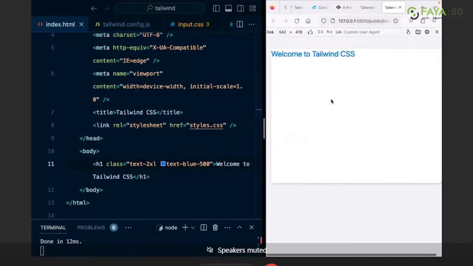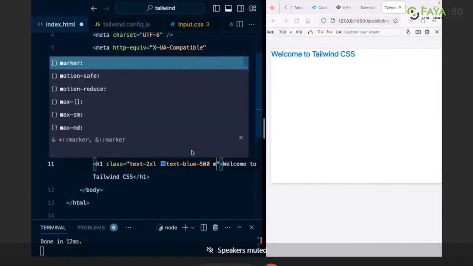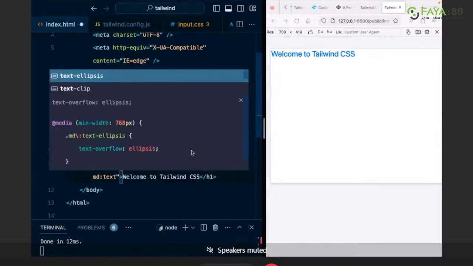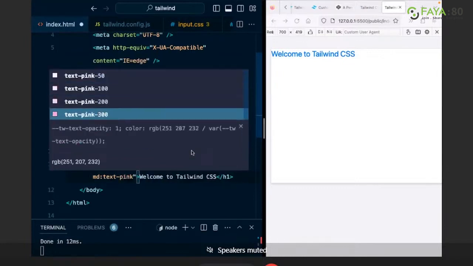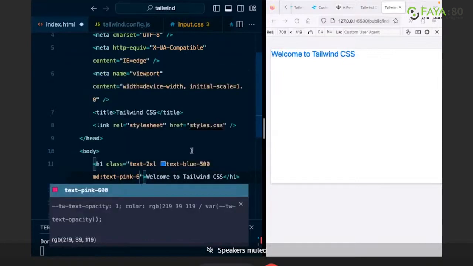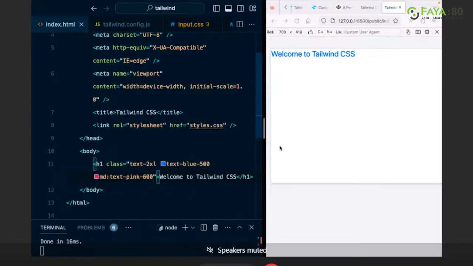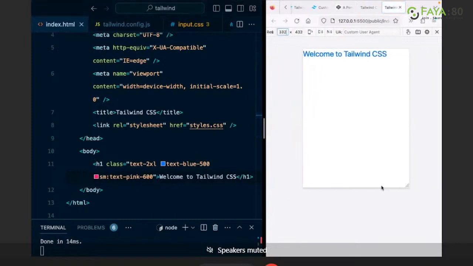So for a slightly wider screen, maybe about 700 pixels wide, let's say I decide to have a different text color, which is very dumb, but just for demonstration. And I'll say I need text pink 600. So you see that for a mobile screen, it's blue, and then the moment we increase beyond a certain breakpoint,